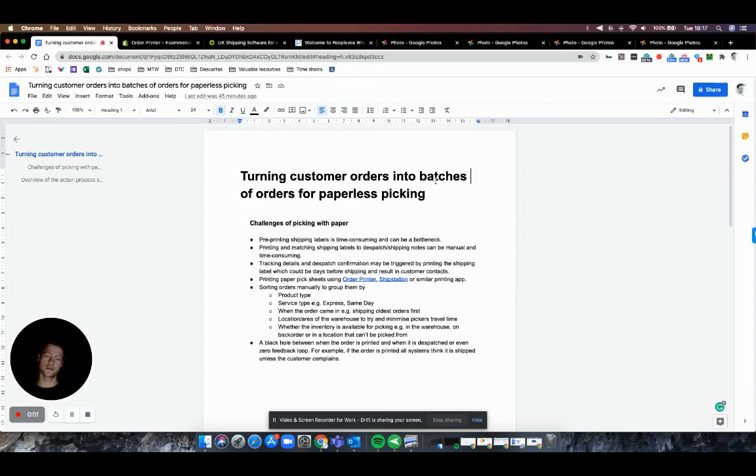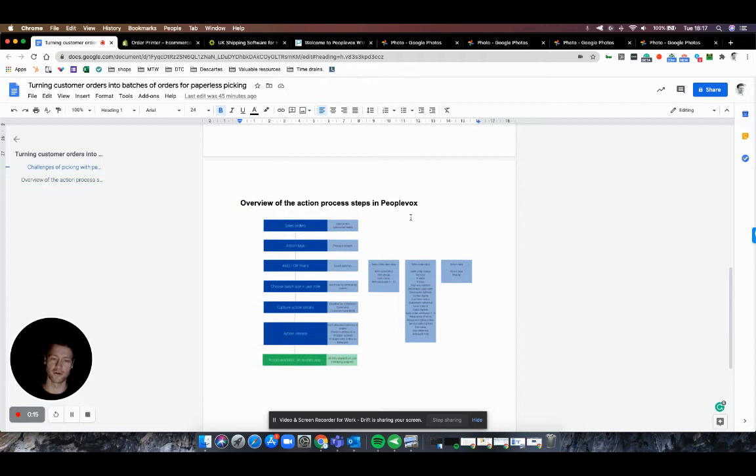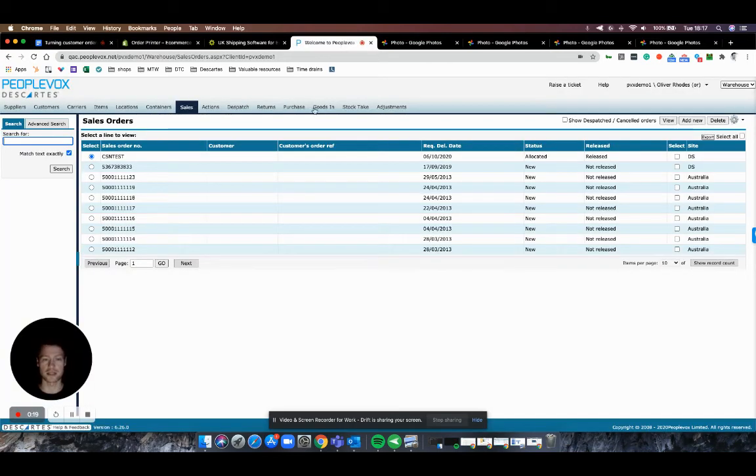Okay, so you're sold on why you want to turn your customer orders into batches. You're sold on paperless picking. You know why it's important. You understand how this is going to solve the problems, and you've been through the overview of the steps involved in the action process with Peoplevox. The aim of this session is to just run you through that flow in real time, just share with you